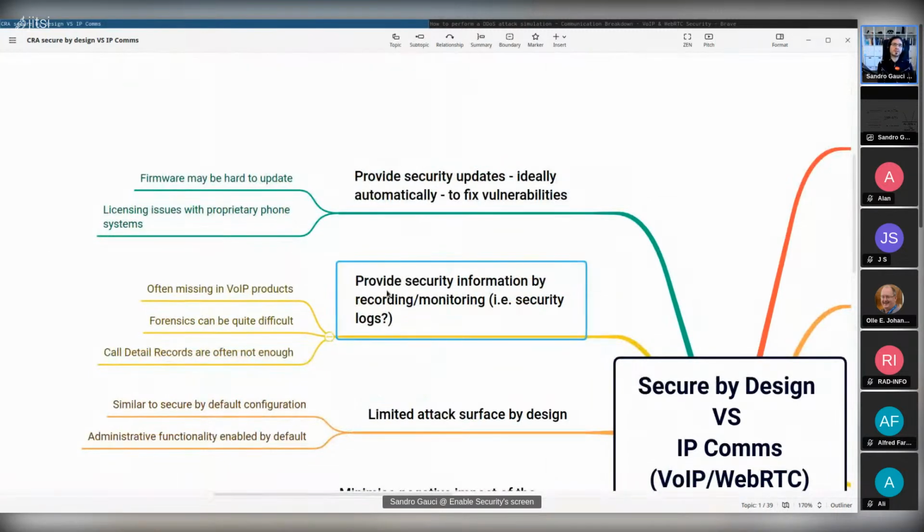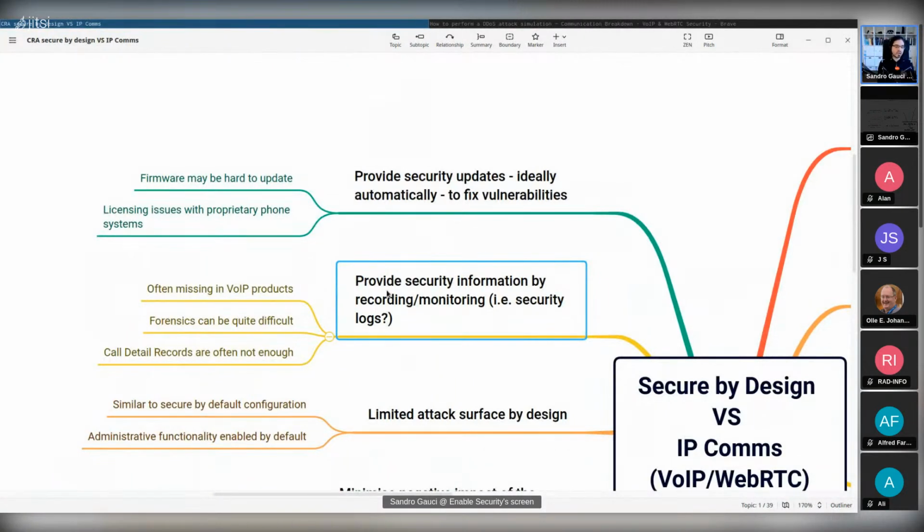And then, provide security information by recording and monitoring. To me, this means security logs. What does it mean to you, Ole? Yeah, absolutely. If you're trying to do forensics on VoIP products, it can be quite difficult because often enough they would not have security-specific logs. I remember Asterisk had come up with a security log, and this is something I admire and like a lot,